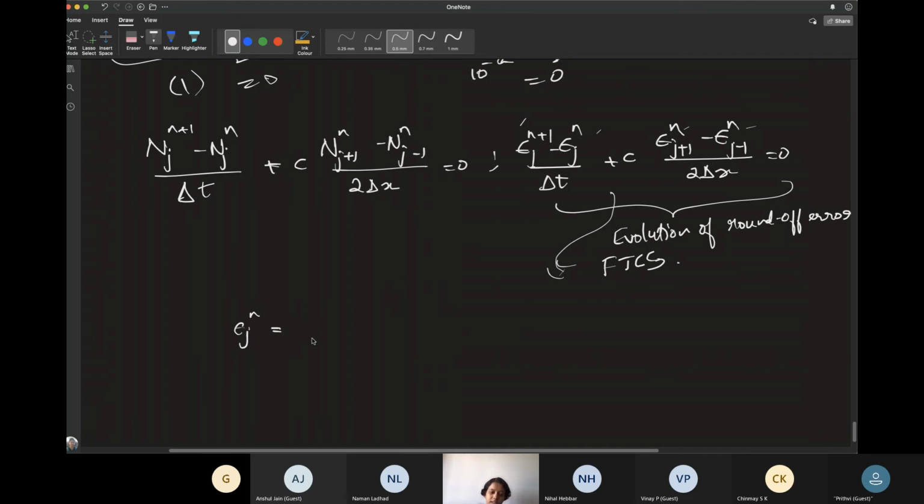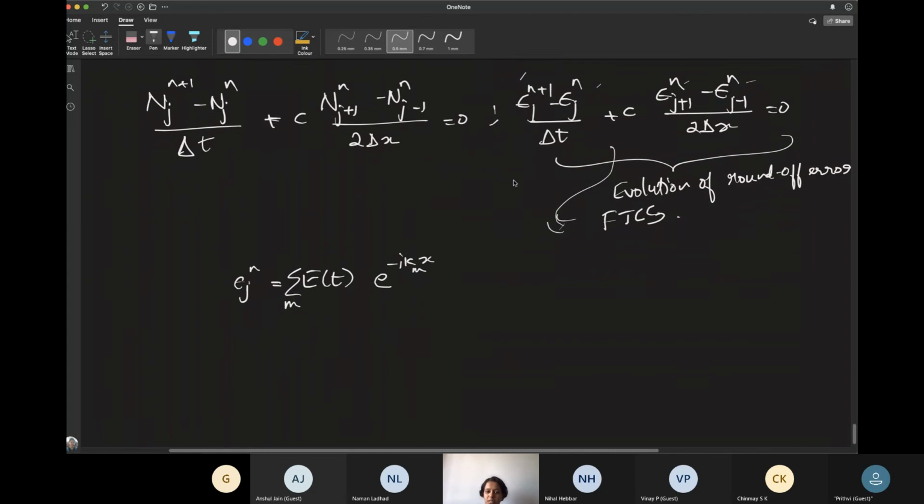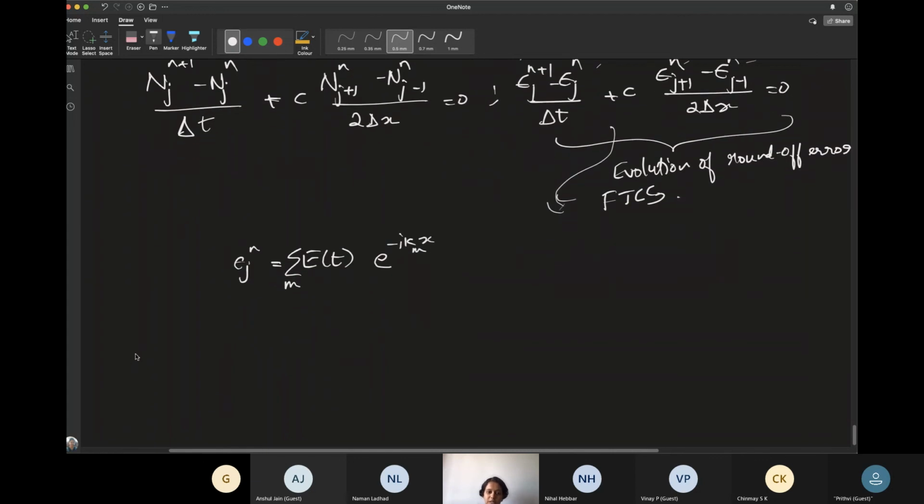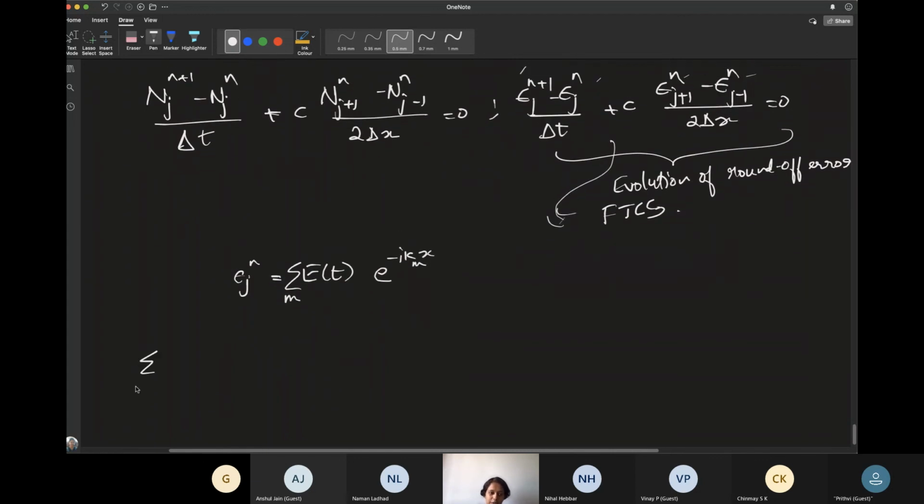That is, any ej of n can be written as e of t into e power minus i k x. This is a sum of different m components, of course. When you substitute this into your evolution equation, you will get some sum, and then will be e of t